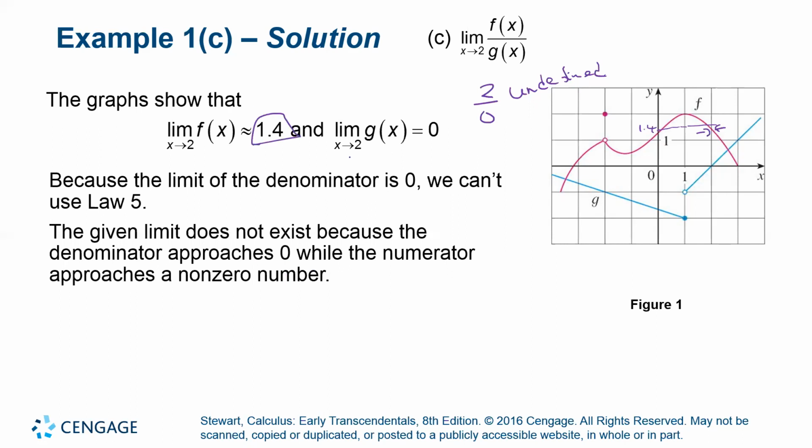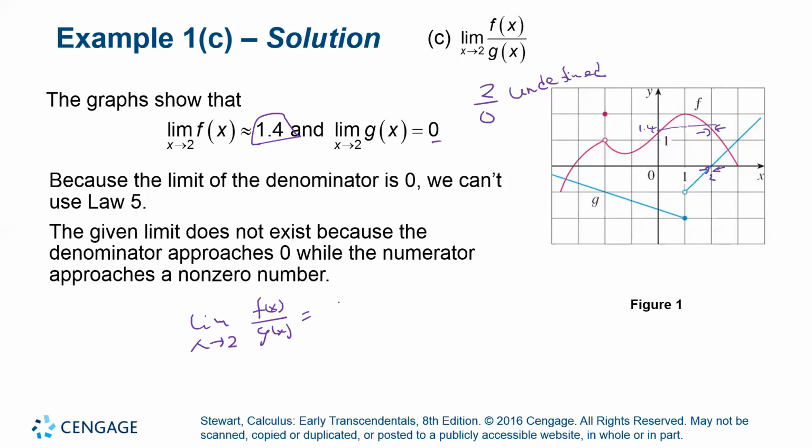And then g of x as x approaches 2 is 0. Let's look at this. This is 2, x approaching 2 from the right, and then from the left is also 0. That's the y is 0 there, and that's why we got 0. And so if I have the limit as x approaches 2 of f of x over g of x,